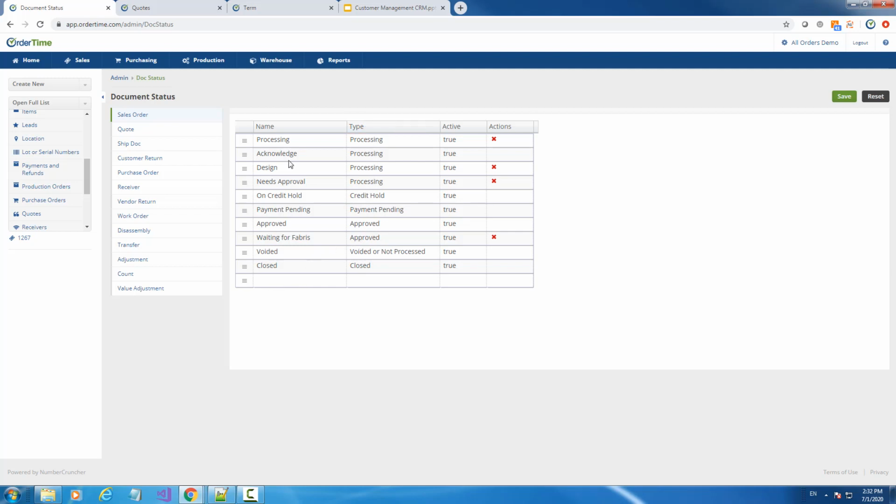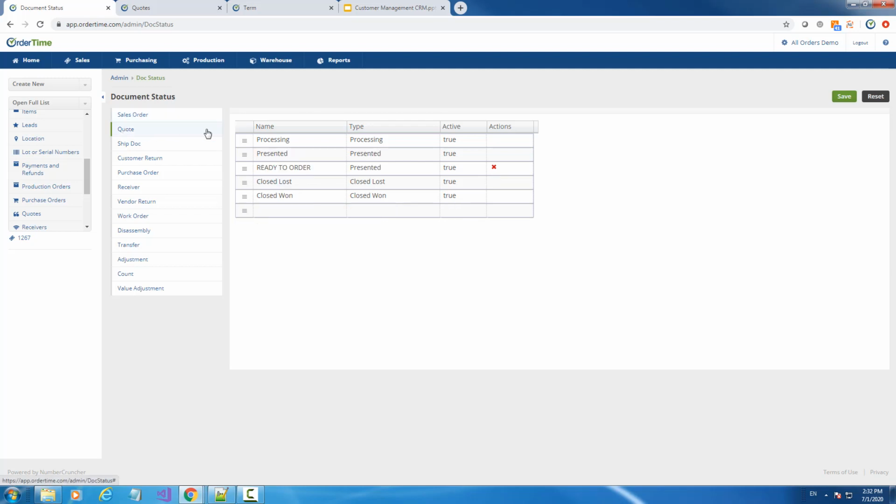So you can customize these status names over here, but the types are really what we look at. All right. So in terms of a quote, the quote has another status. I'll just call this another. And the quote has processing, presented, or closed lost. Close won is actually something that happens when you convert it to a sales order. That happens automatically. So we'll say that that's a presented